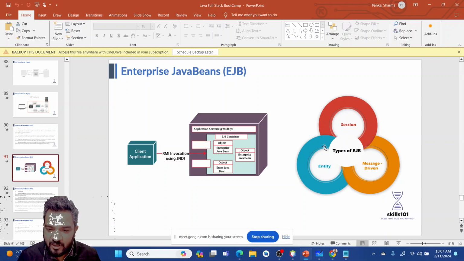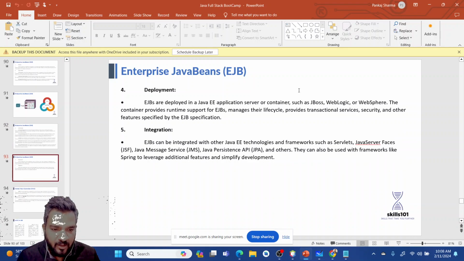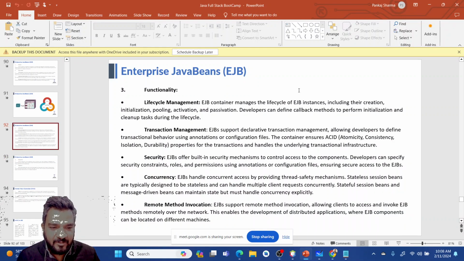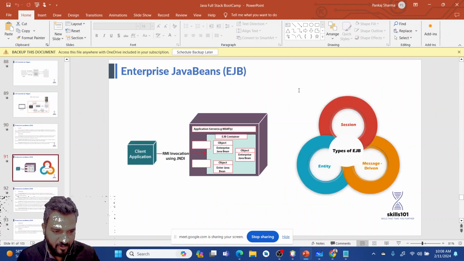So session beans are used to create sessions, as we were giving you an example of how to create a session. Message driven is for transferring data from one place to another place. An entity is for a specific class or specific entity that we will be using. The same life cycle management, EJB is used to create sessions and all those things. And after EJB you will be finding the basic Java. Sorry, we will be reversing back.